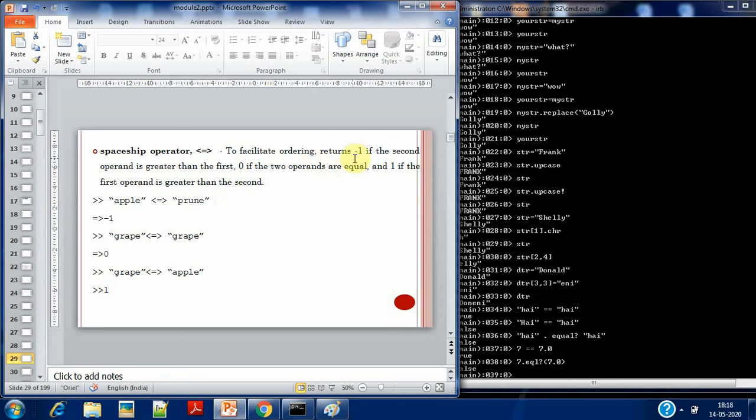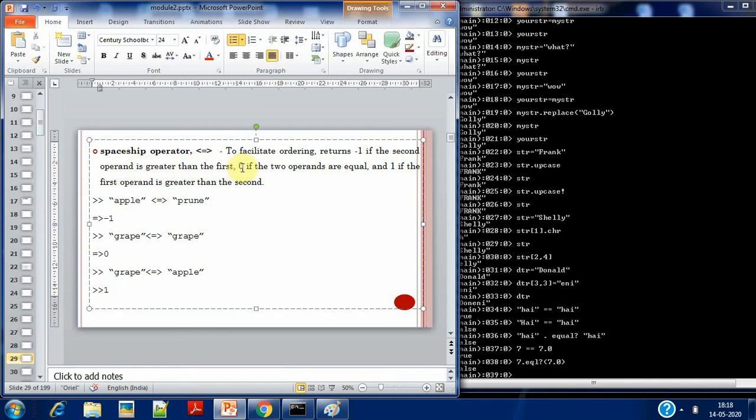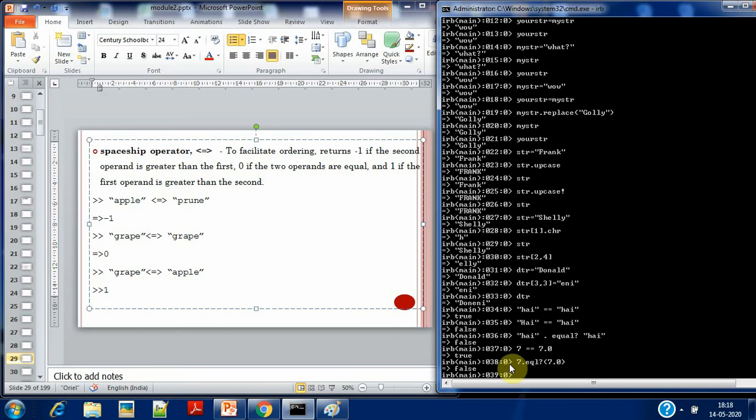It returns -1 if the second string is greater than the first. It returns 0 if the two strings are equal. It returns 1 if the first string is greater than the second. So this is the same concept that we have used in string compare in our C language. The same thing we are doing. So if the string compare is going to return 0, it means both the strings are equal.